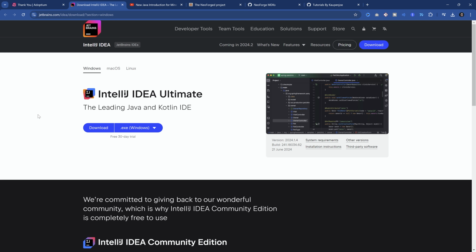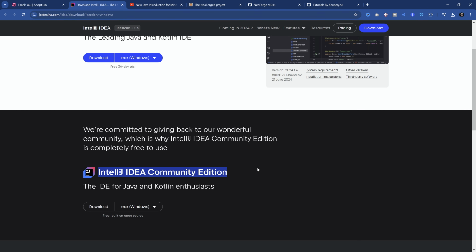Now, IntelliJ IDEA is an IDE, or integrated development environment. It is basically a fancy text editor allowing us to actually create Java programs, and modding Minecraft is basically a Java program. Now, this is extremely important. Hopefully you haven't clicked anything yet, because with the link in the description below, on IntelliJ, you can of course choose Windows, macOS, or Linux, and then you have to scroll down to the Community version.